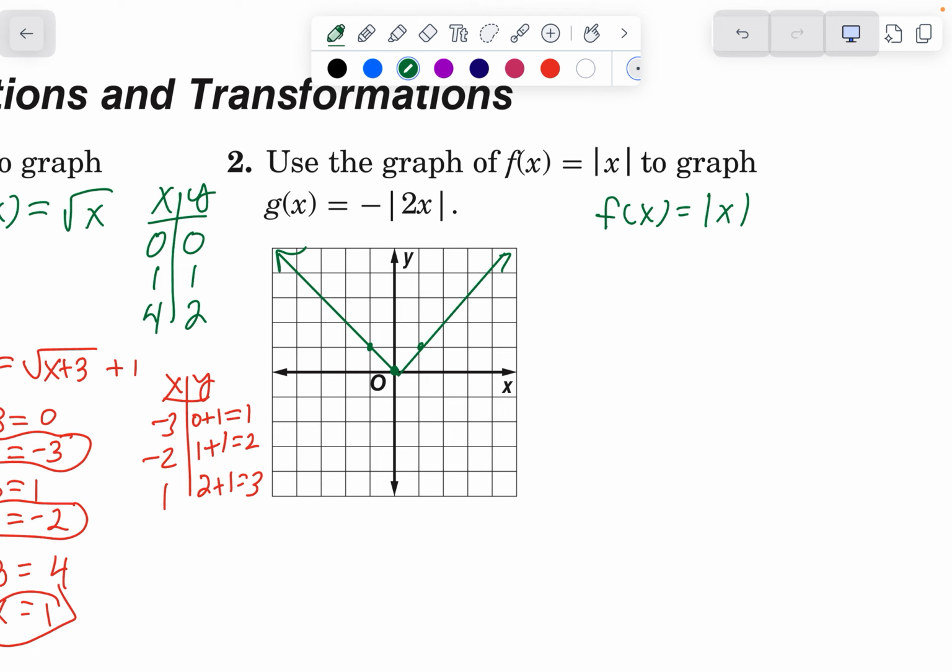Now, for one that has a number on our x, if there is a number bigger than 1 attached to the x, it will look closer to the y-axis. It'll be compressed closer to the y-axis. But I don't necessarily always remember that. So for this, I just say, since our good points are 0, 1, and negative 1,